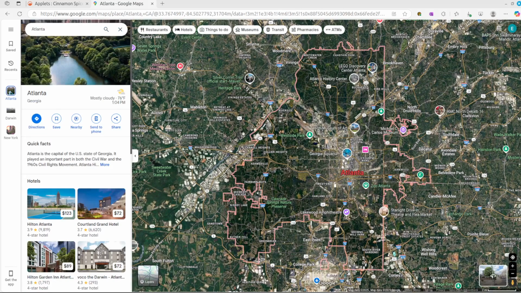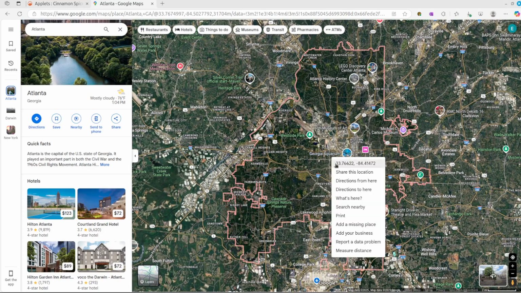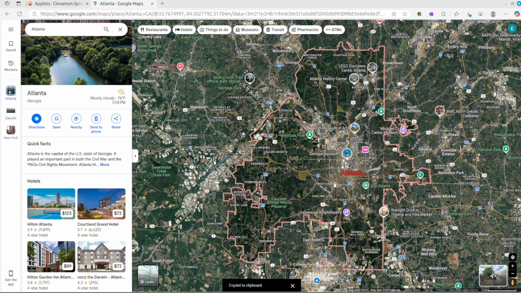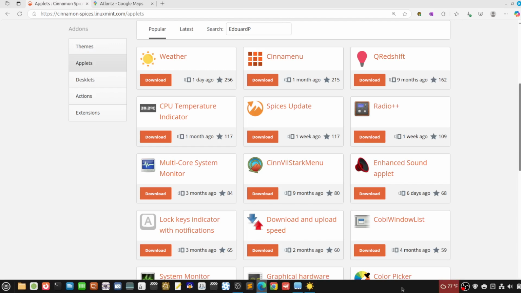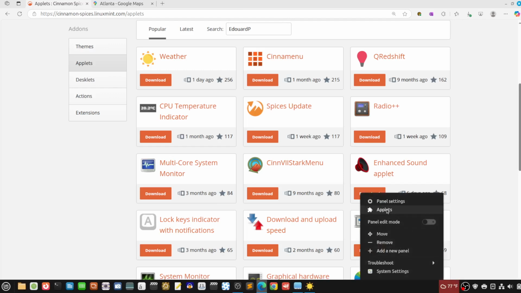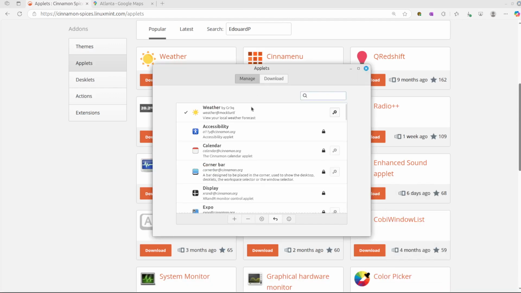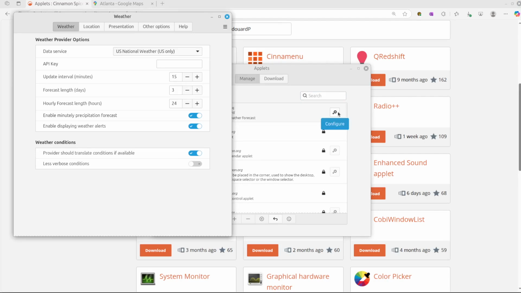And if we right click anywhere in the map, we can have the latitude and the longitude right here. So if we click on that, we can see that that information is copied to the clipboard. Go back to the applets, back to the menu,